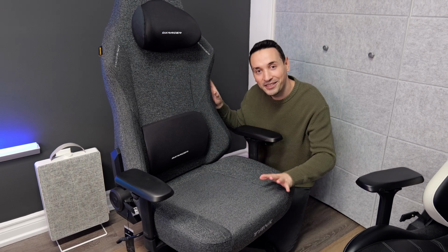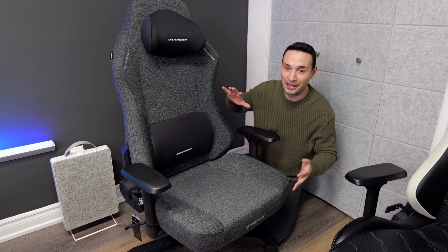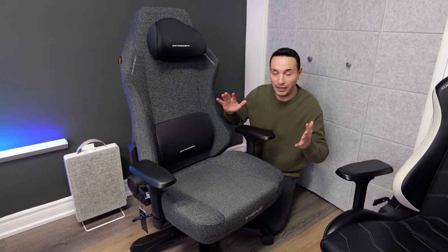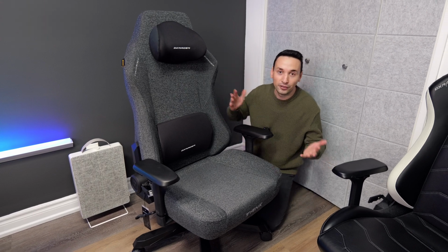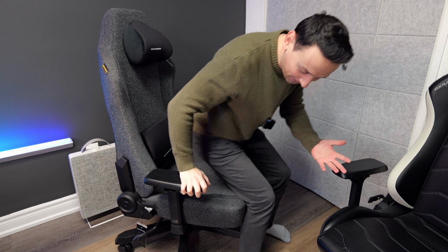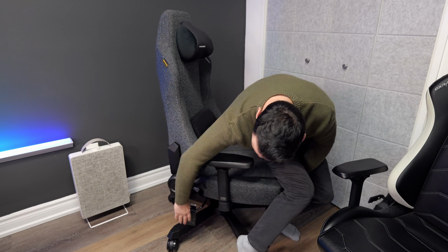This is the DXRacer Tank series, and if you're looking for a big chair, I don't think you can buy any bigger chair than this one here. This can handle up to 300 pounds, and if you're a tall dude, I don't think that's gonna be an issue here. So first things first, if I'm sitting here, right now it's at its lowest point, so my feet are touching the ground. I'm around 5'11", and if I go ahead and adjust the height here,